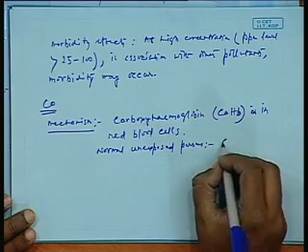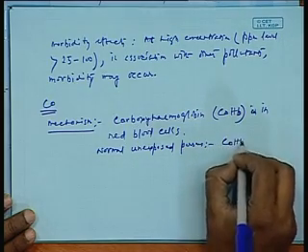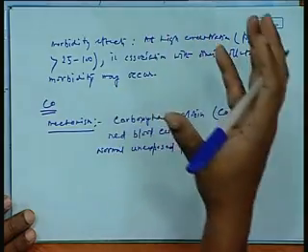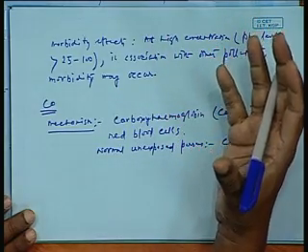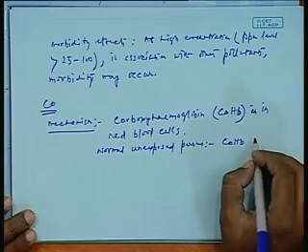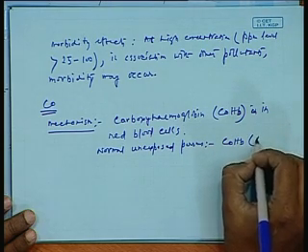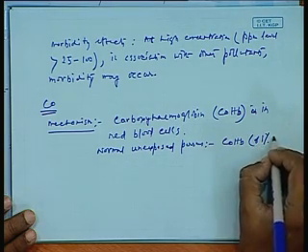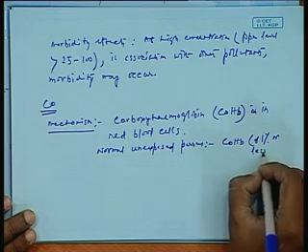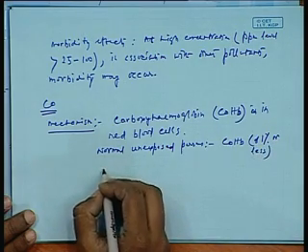We have all normal persons, particularly suppose in a room like this. In a room like this, all of us have a certain level of carboxyhemoglobin, because this is an environment where the airflow is somewhat restricted. So, basically in air conditioned rooms. So the normal COHB levels are 1% or below, 1% or less.